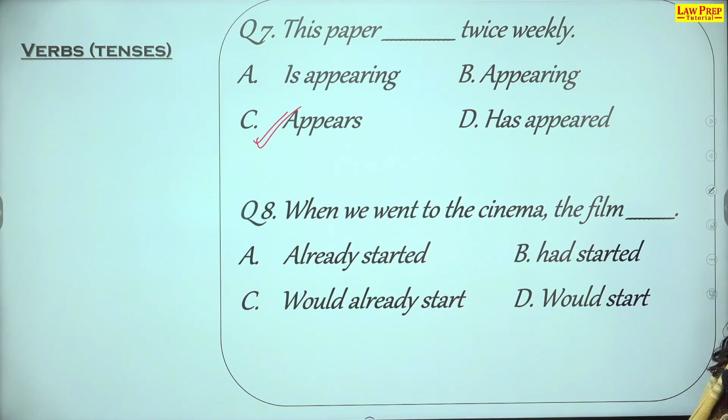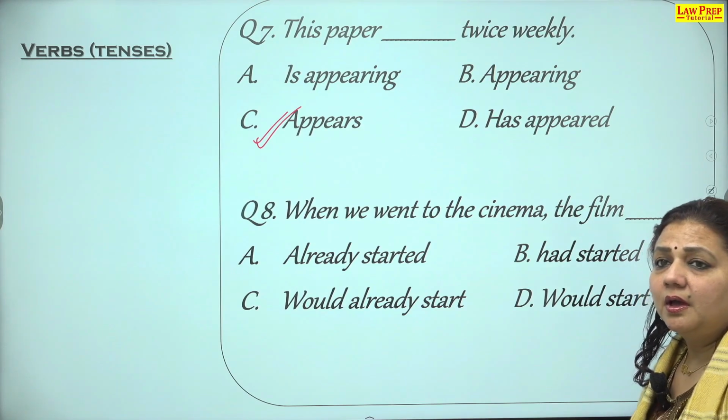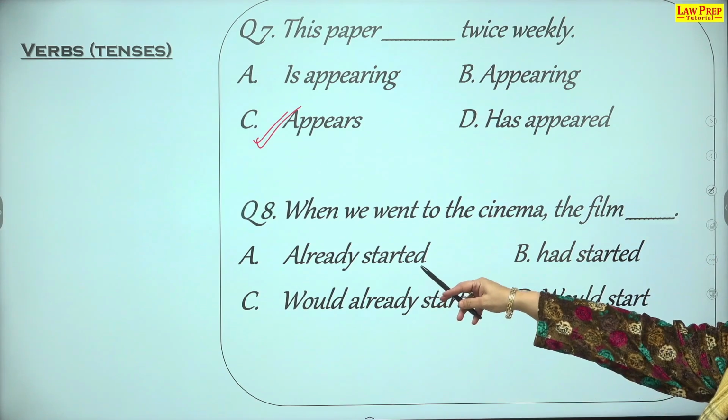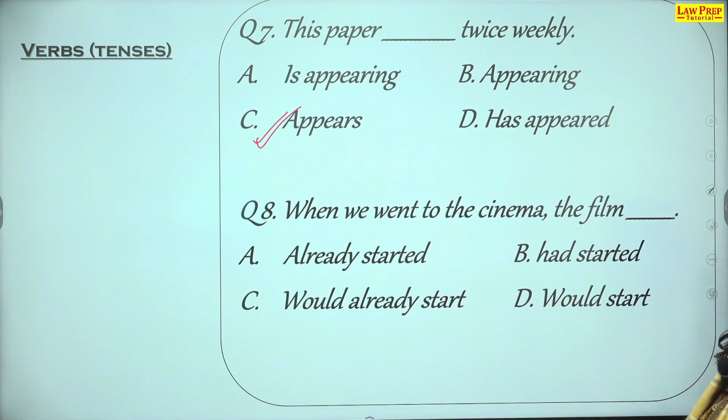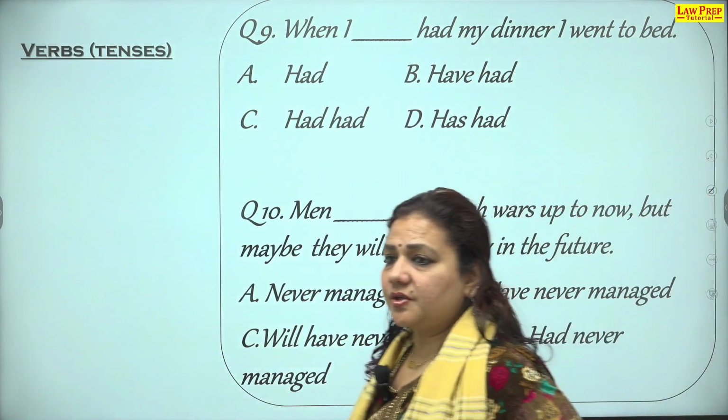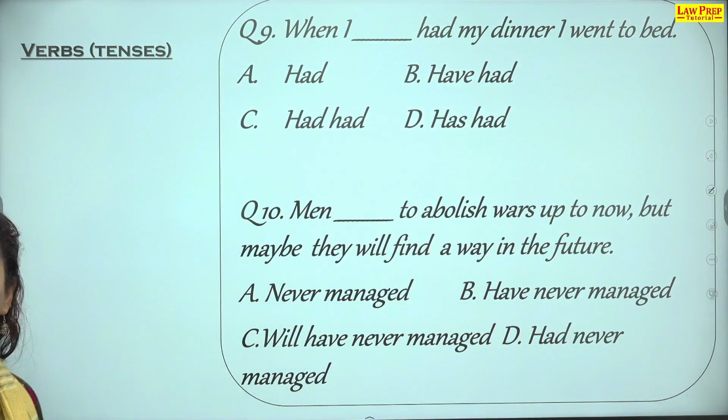Next, when he went to the cinema, went is simple past tense, cinema, the film, जब सिनेमा में हो गया, the film started या had started या had already started. Now इसमें already की प्रॉब्लम ये है कि इसमें has या had नहीं है, would can't be used in this, and so the answer is had started. Can you see this clearly? Had started. Moving on to next. We have more on this? No. Moving on to 9th and 10th question. आराम से देखिए और क्वेश्चन फॉलो कर सकते हैं।